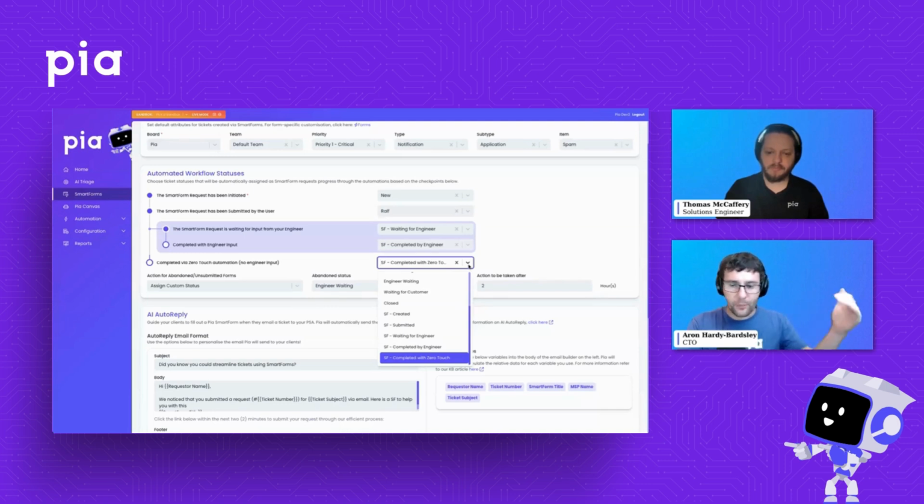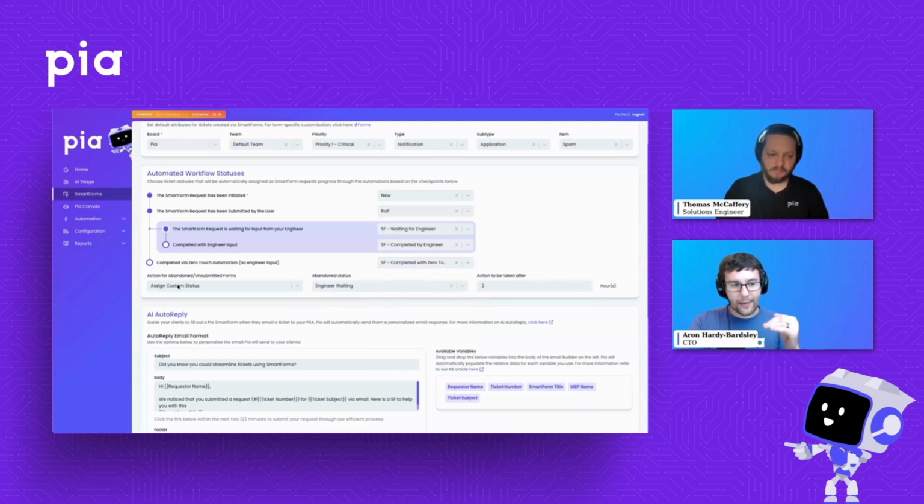In addition, just below that, we also have this new update. So we are showing the updates here as well in these screens. We also have now the ability to set a status when a request has been abandoned. So if someone opens up a new ticket, opens up a SmartForm, but they don't submit it, they just close it. They were just looking at it. Oh, okay, that's interesting. You'll end up with a ticket in your PSA that might not get submitted.